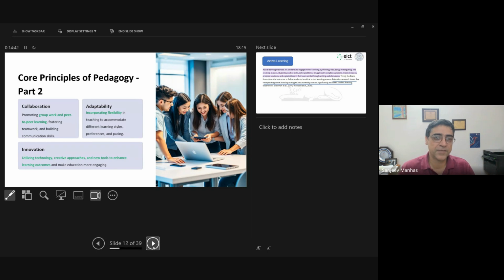Some other important aspects of pedagogy are promoting peer-to-peer learning, group activity, group work, group projects, teamwork, building communication skills. Teachers need to be adaptable, incorporating flexibility in teaching methods, incorporating learning styles which suit the preferences of the class, and utilizing technology,